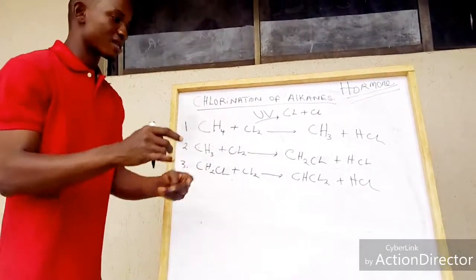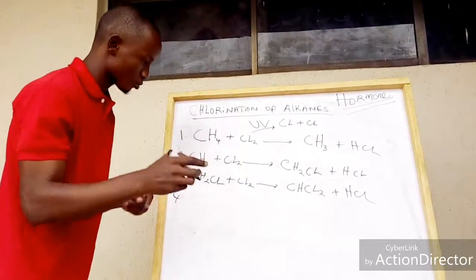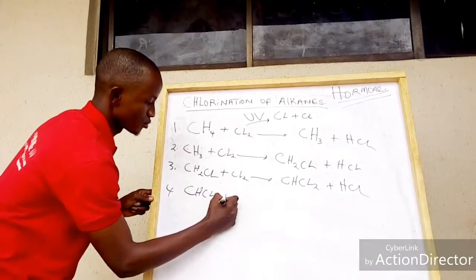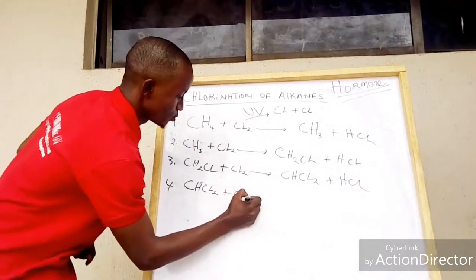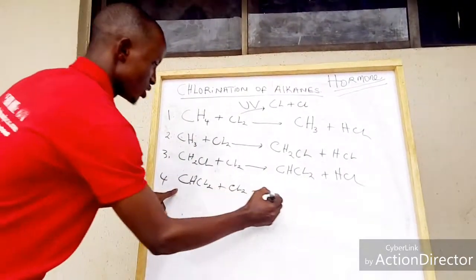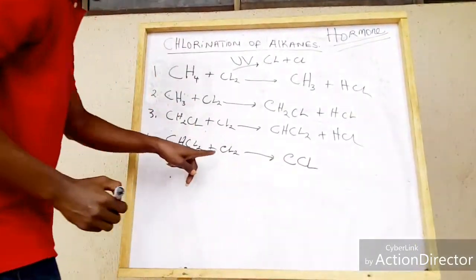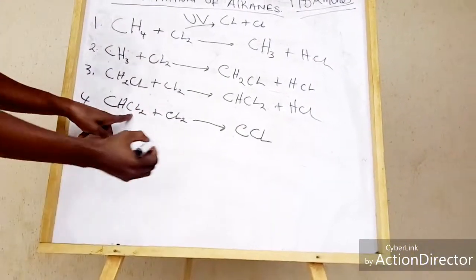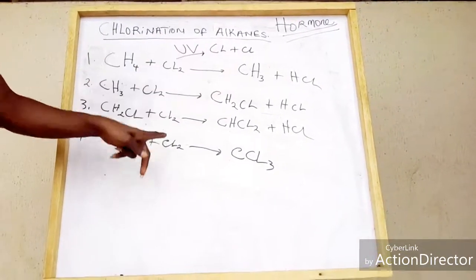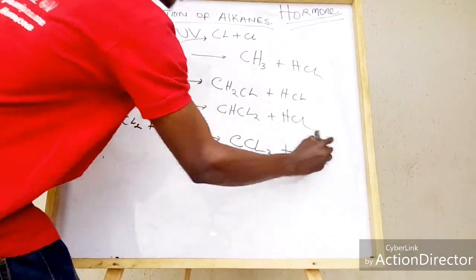Now, we are taking it step by step. We are going to our target. There's something that we are targeting. We want to get something. Now, this one will also react with another chlorine molecule. The hydrogen here will be displaced, leaving just carbon. Then Cl, this chlorine will be added to this to be 3, while one chlorine is remaining. That chlorine remaining will attack the hydrogen, giving HCl.